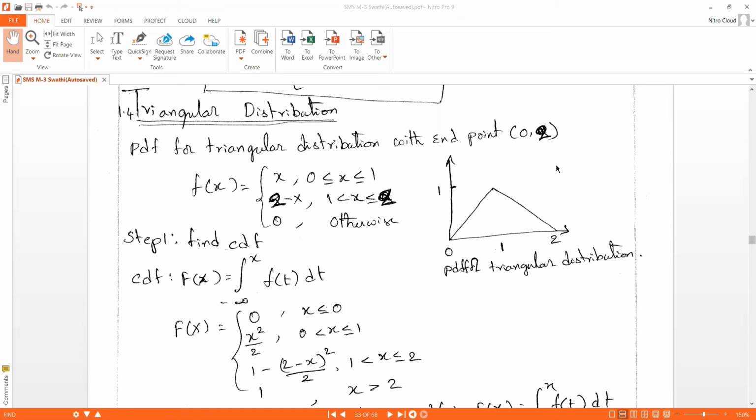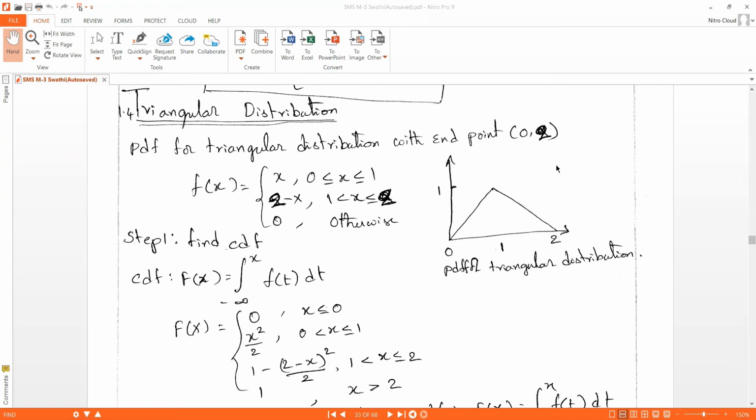Next distribution is triangular distribution. We'll see the inverse transform technique with the triangular distribution. Okay, for the triangular distribution PDF we know: if the endpoints are 0 and 2, then f of x is equal to x